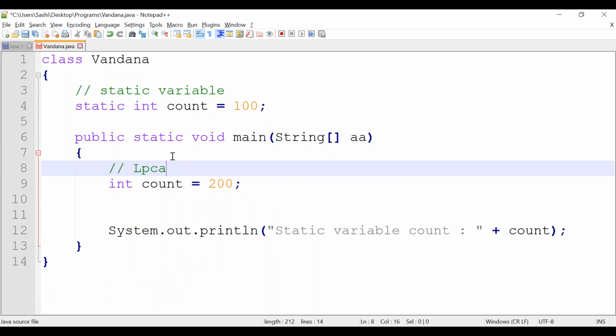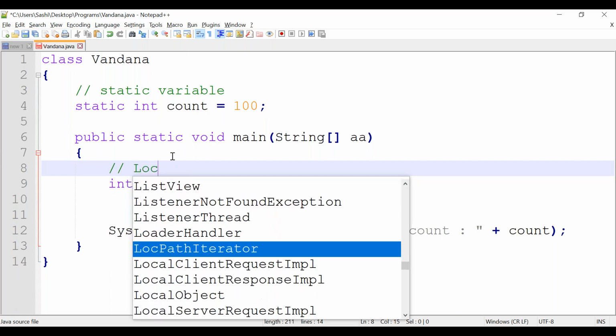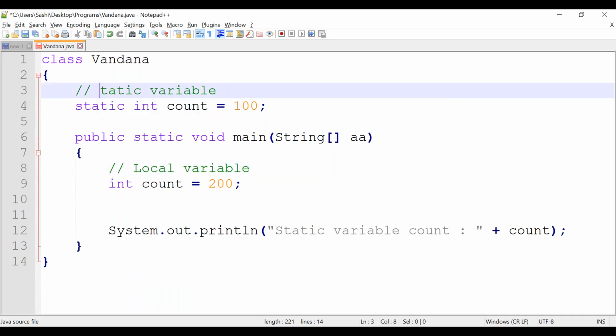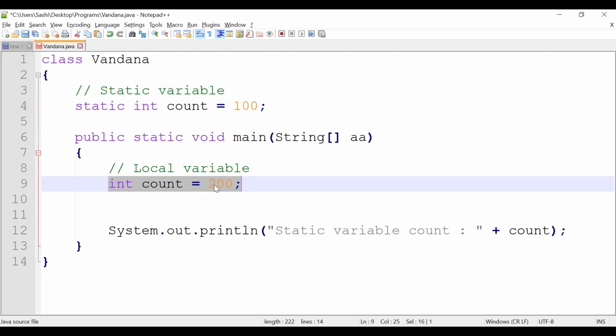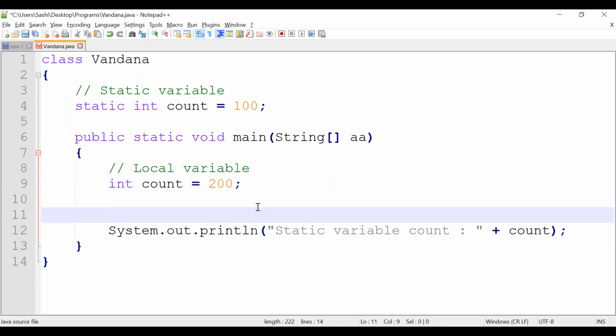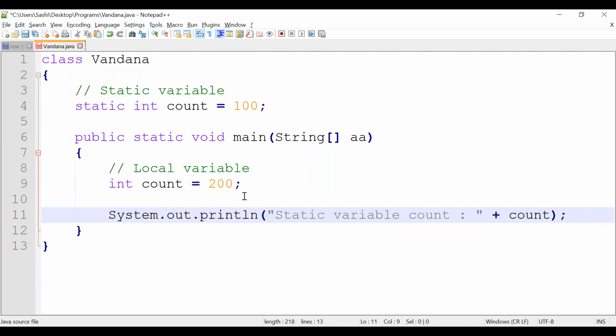Because this is declared inside a method, right? The count with the value 200 is a local variable because it is declared inside the main method.